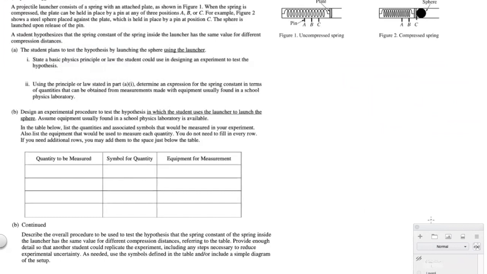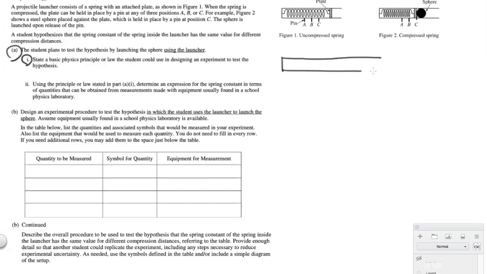Now for A, this first question is pretty straightforward. The student plans to test the hypothesis by launching the sphere using the launcher. So 1, state a basic physics principle or law that the student could use in designing an experiment. So this is going to be